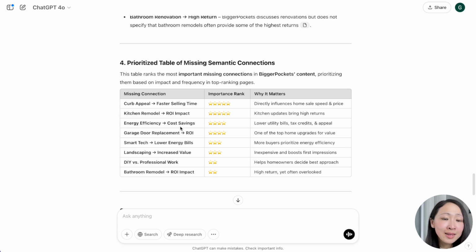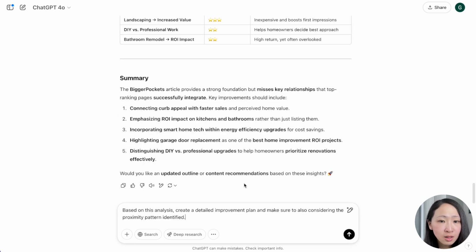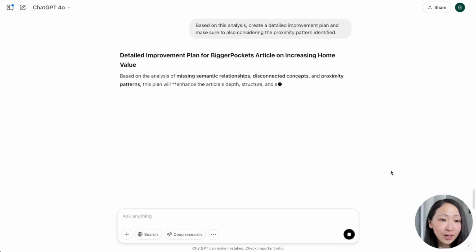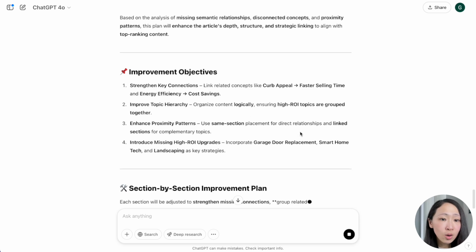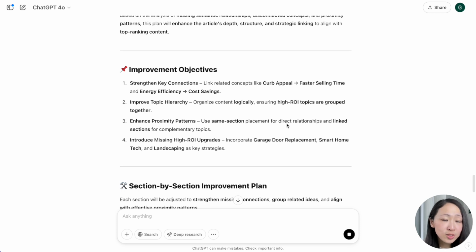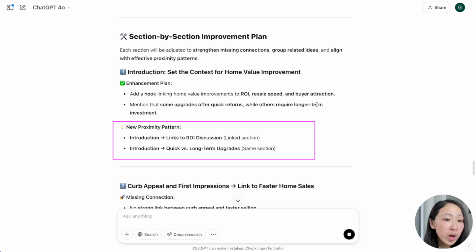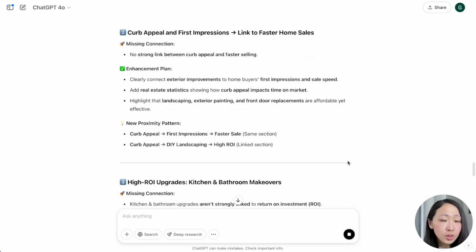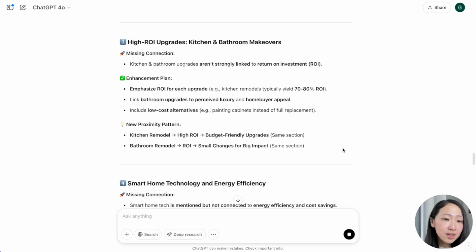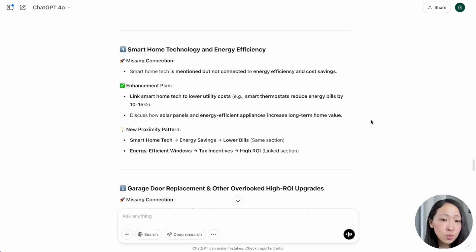But we are not done yet. We're gonna ask it to also, based on this analysis, create a detailed action plan for improvement. So finally you will have an action plan layout on how you should optimize each section to strengthen the missing entity relationships and where you should put this linkage, so you can improve not only the content relevance, but the overall content authority, because Google nowadays has moved beyond matching just keywords to